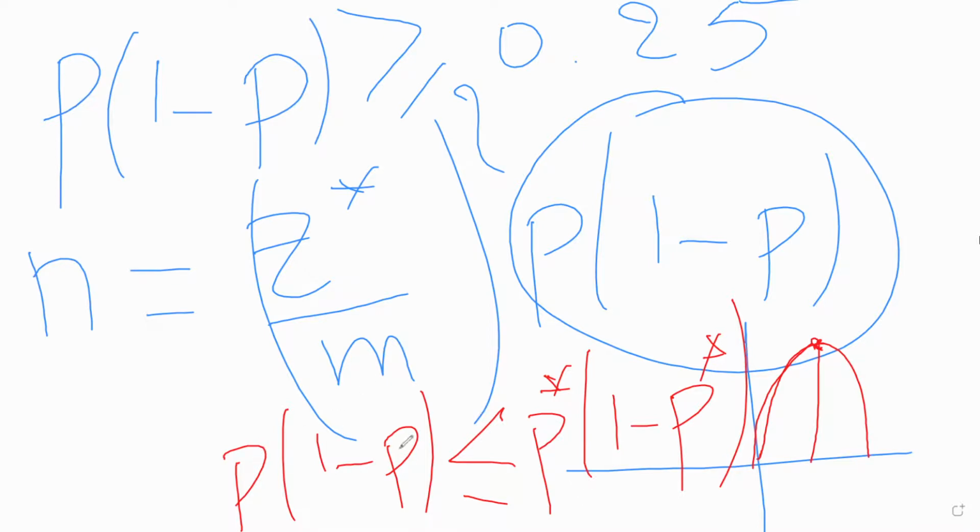P times 1 minus P can be, for sure, for any P, we don't know P, but I know that since P is between 0 and 1, then of course P times 1 minus P is less than 0.25. That's why, so we don't take too long, when we have no idea about P we choose P equal to 0.5. When we know something about P, of course we choose the known P. But when we choose P equal to 0.5, N will be large enough.